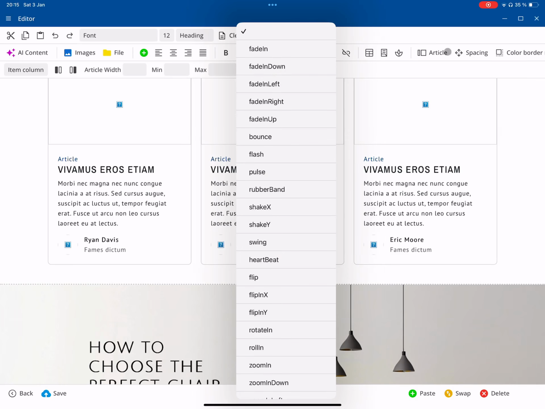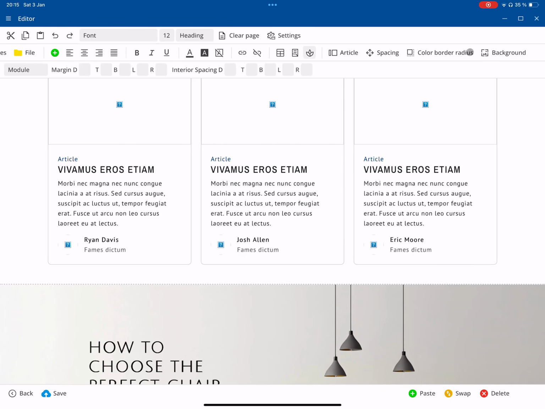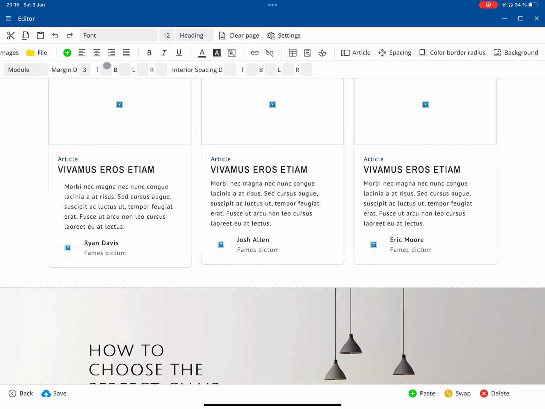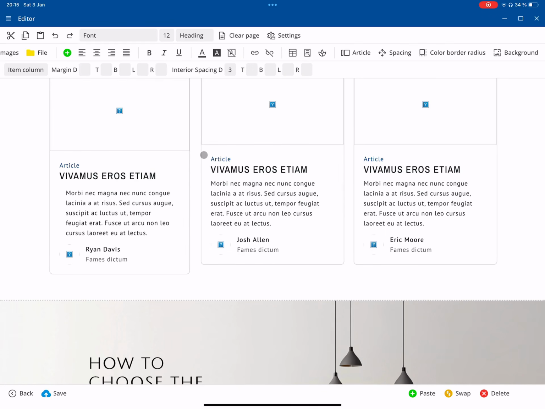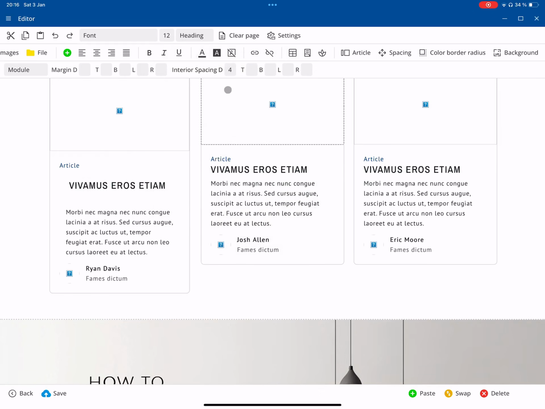For a text block, for example, you can set an outer margin. You can also define spacing specifically for top, bottom, left, or right, or set inner padding. Select the article column and define the inner spacing. The selection includes settings on the block itself, on the article column, and on the entire page section, that is, on this element. Under Color, Border, Radius,